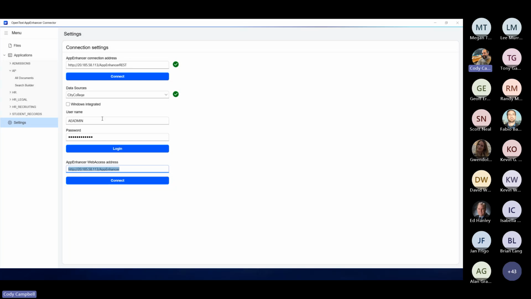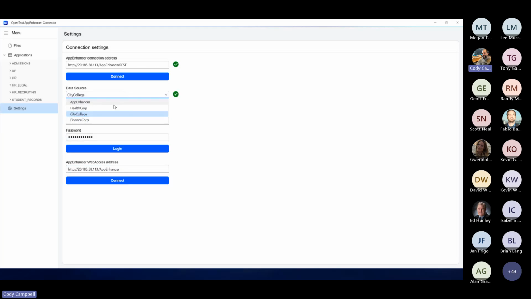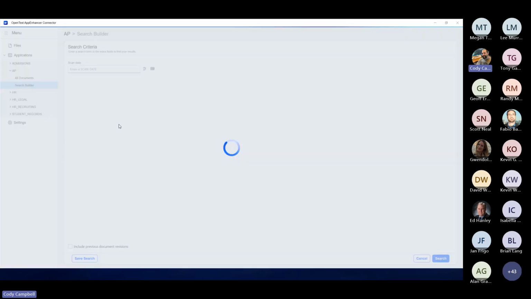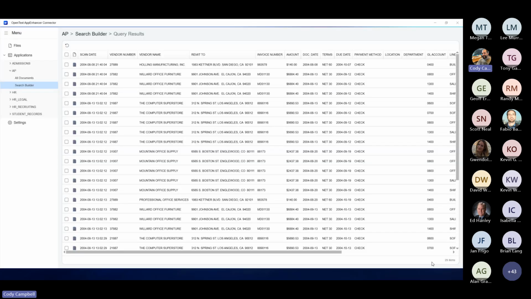We connect to everything in the stack. Same server has both apps deployed. Could be in different servers if you wanted, but once you connect these things, it will pull your application list and your apps. And now we've got all the data cached here to be able to do search and retrieval. And so if I go here, I can build like an AP search. It'll load all my fields, including the full text stuff if we want to run that search. And I'll just run open search. We'll get our results set just like you would in web access.